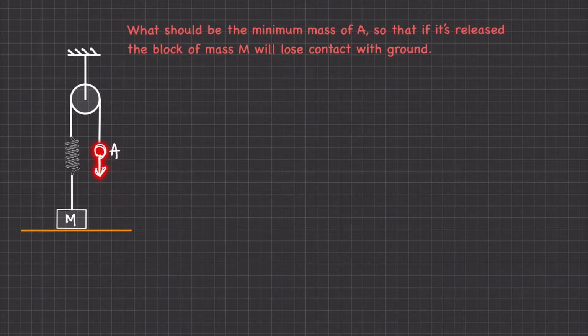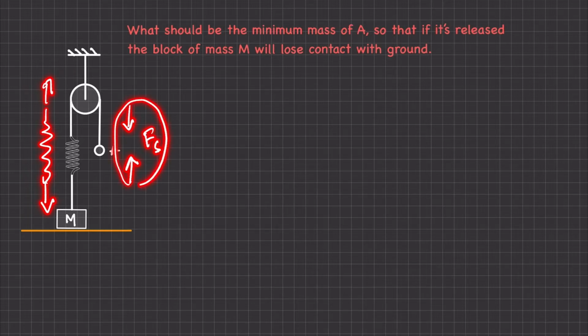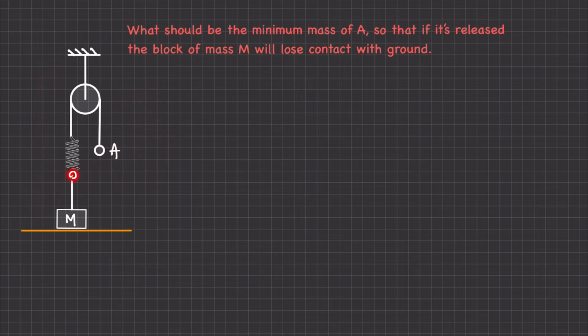As it goes down, this spring gets elongated. If the spring gets elongated, that means this point will tend to move upward. So basically the spring will become like this and the external force will be like this. In this case, the spring force developed, Fs, will be opposite to the displacement. Now look at the lower side. Here the spring force is upward, right? That means the spring force will act upward and it will try to drag the block upward as well.